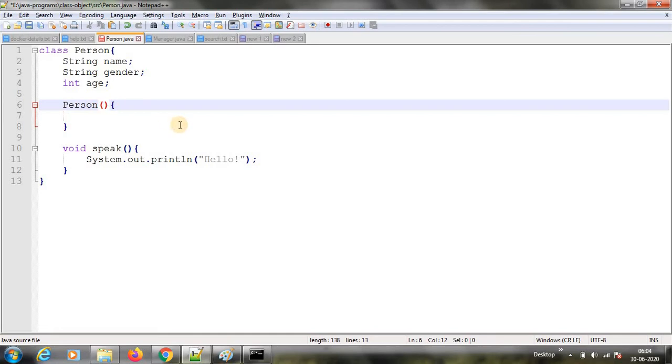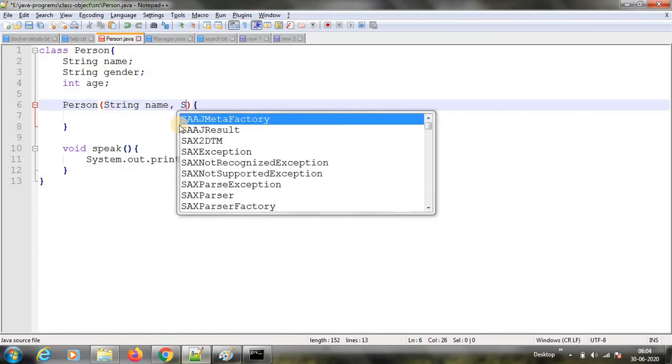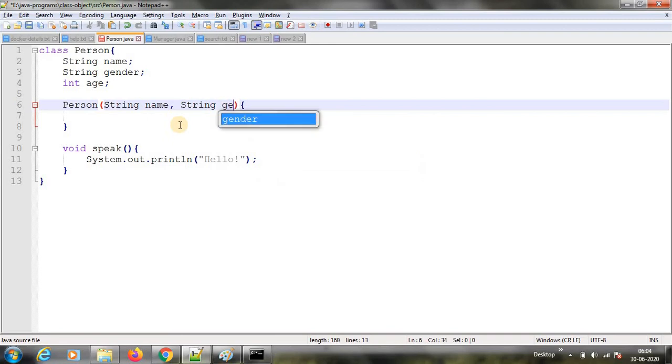I wanted to put this state. So what are the properties I have? String name, then string gender, and then int age. So these are the three properties I wanted to declare. Then inside